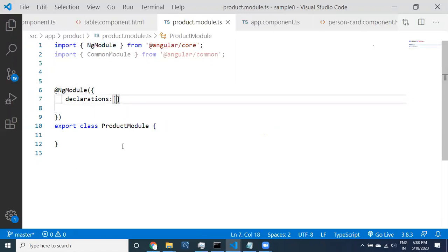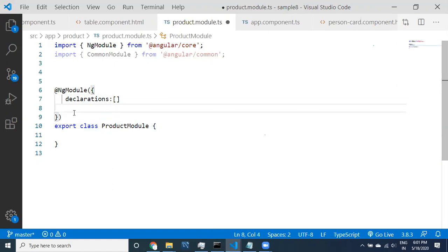Now, if you create any component, the created component is automatically declared here in the declarations. If you create the component manually, then you need to come to these declarations and add that particular component here. I'm going to explain while doing it. I'm going to create new modules and then new components, so we are going to work on those things today.